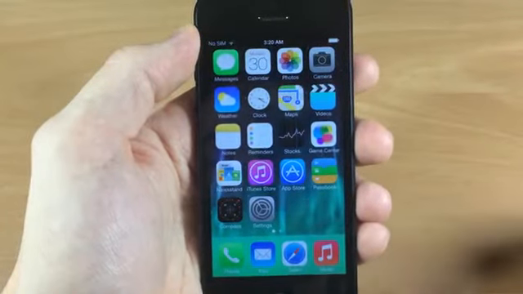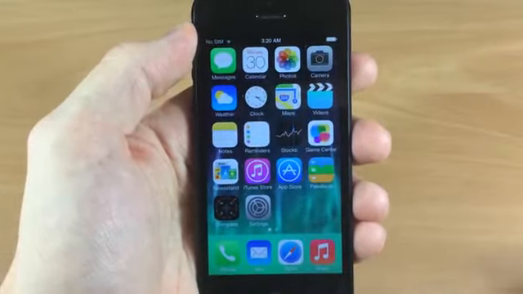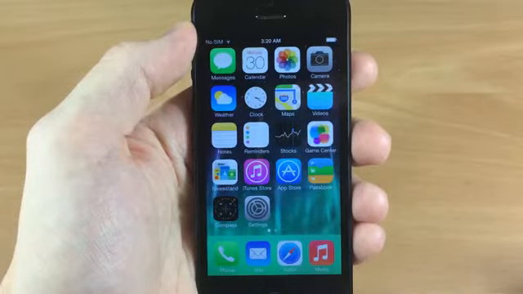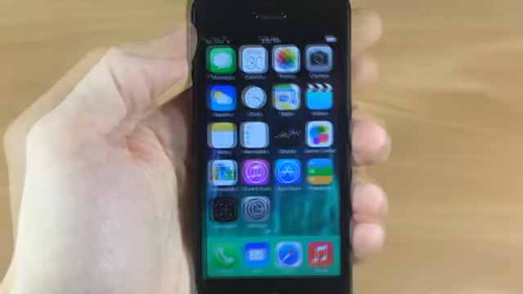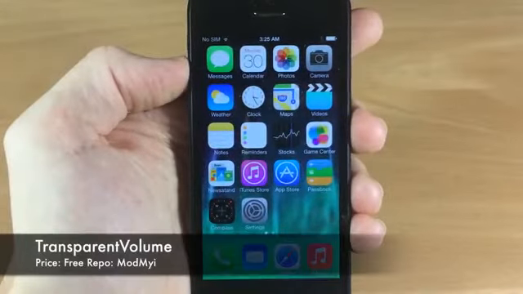Might be kind of hard to tell the difference on camera, but there definitely is some. So go ahead and grab Dock Shift and then mess with the different styles and see which one best fits your style. Now next up, we have Transparent Volume, and this is an incredibly annoying thing when you're sitting there